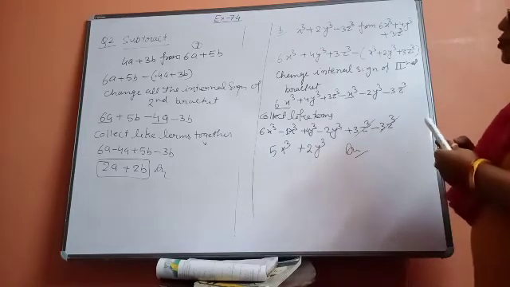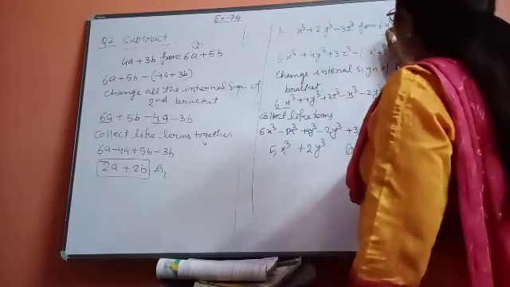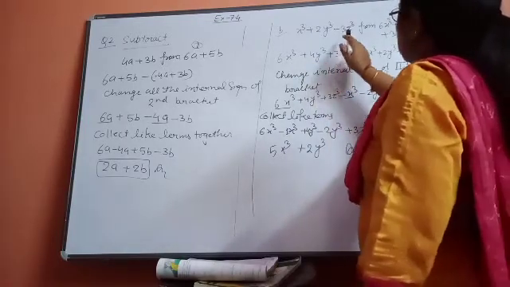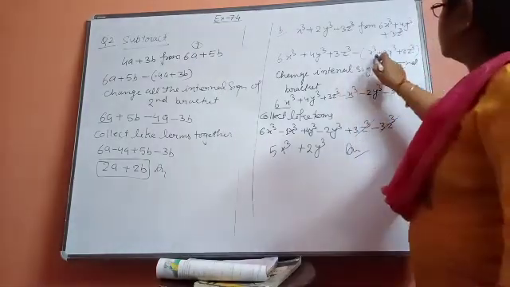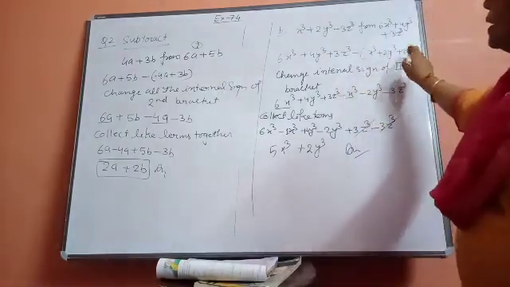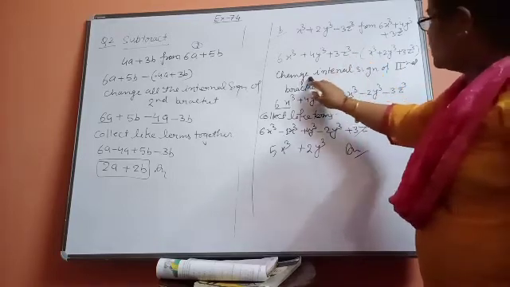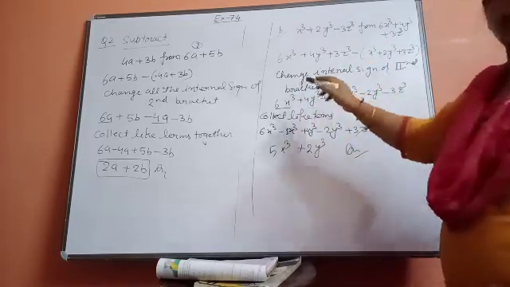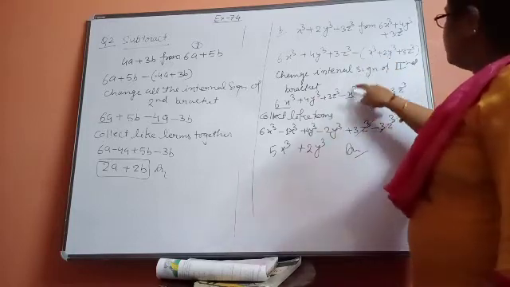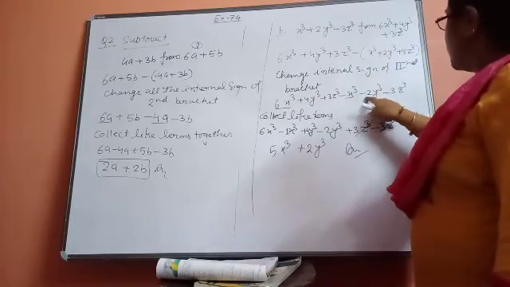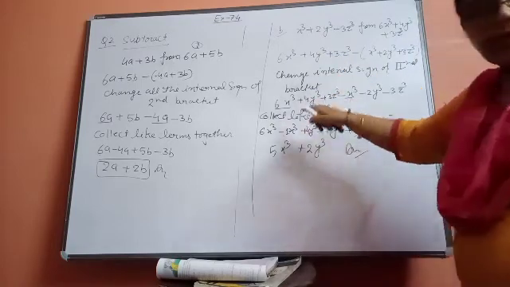See that again, try to understand one more time. We have to subtract this from this. So the from numbers always come first, and after this subtraction, for subtraction we have taken the minus sign, and then we have written the second bracket. Then before the second bracket a minus sign is there, so all the internal signs of the second bracket will be changed. Okay, now see that here plus will become minus x cube, minus 2y cube, or minus 3z cube, and the first bracket you just copy down in the same way.